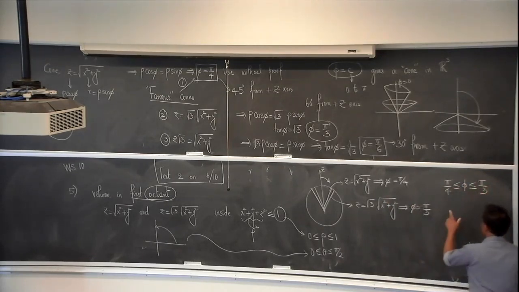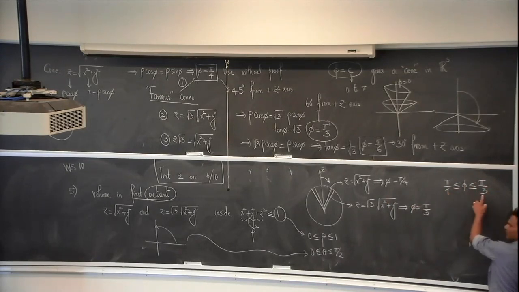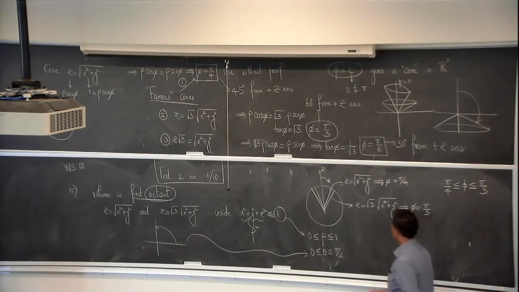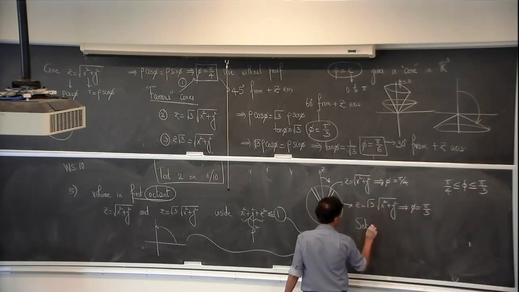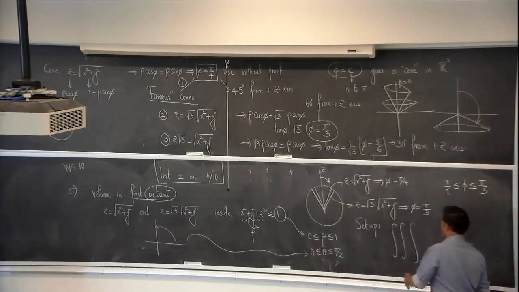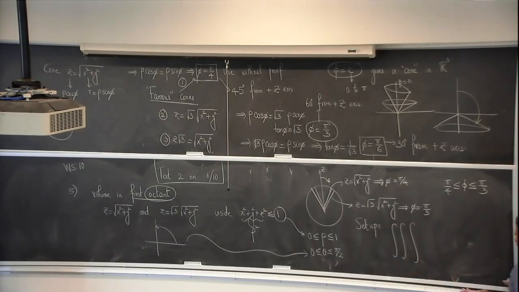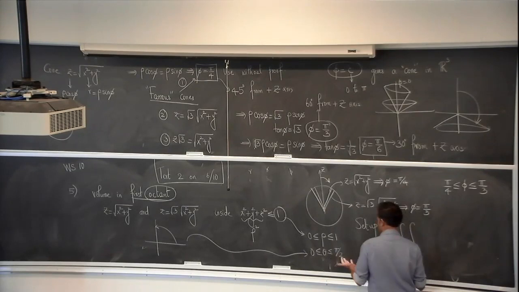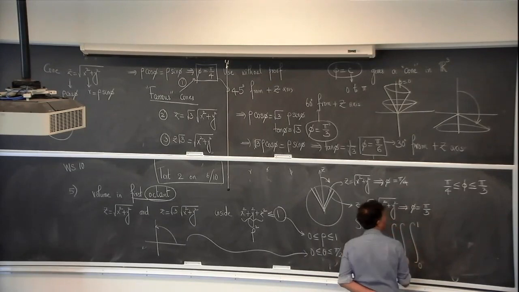In no circumstances should we be writing a smaller number here and a big number here. That is obvious. No matter how we look at it, 45 is less than 60. All right, so the setup for the volume would be the triple integral of 1 dV. And it doesn't matter which one you write first because all these limits are numbers. Since we are using the right coordinate system, that saves a lot of headache for us. So it's rho between 0 to 1, phi between pi over 4 and pi over 3, theta between 0 and pi over 2,